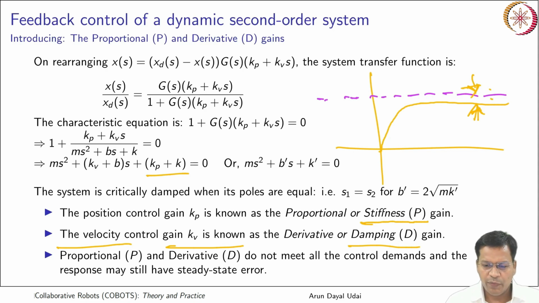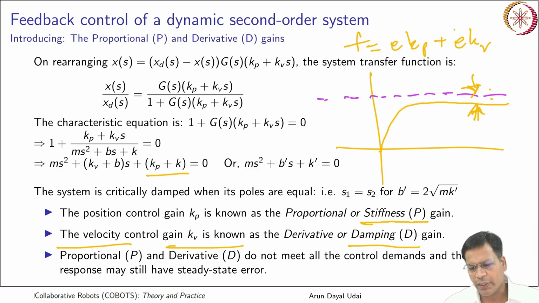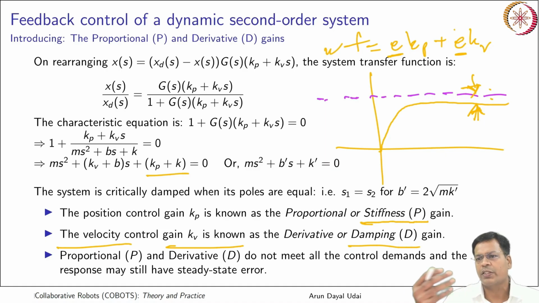Okay, so effectively it creates a force based on the error. That is Kp and E dot into Kv. So what you found is there may be an error which is negligibly small for the velocity as well as for the position, so you don't get enough of a force to exactly get to the actual demanded value. As your error gets reduced, there may be a time when you don't have enough force